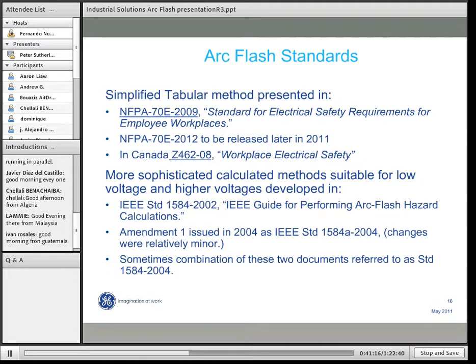So if you need to know more exactly, if your situation doesn't match the tables, you need to do an arc flash calculation, and the procedures for that are listed in IEEE Standard 1584, the Guide for Performing Arc Flash Hazard Calculations, and this contains a number of equations which were derived empirically from tests that were done in short circuit laboratories of